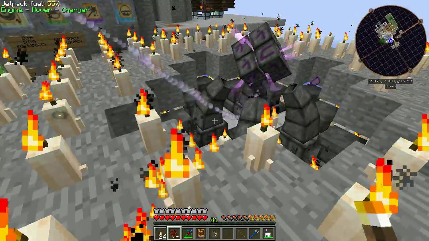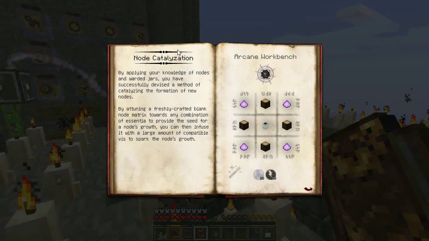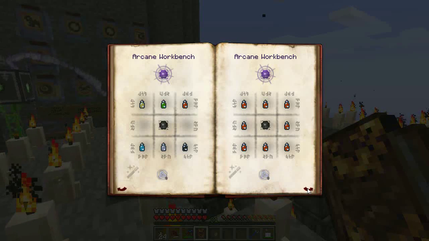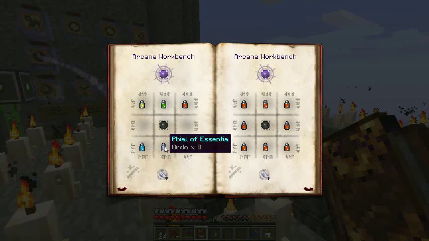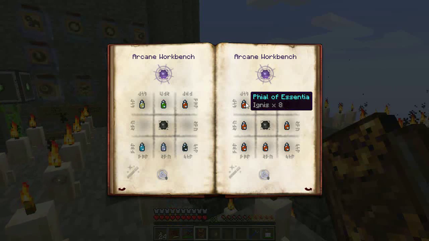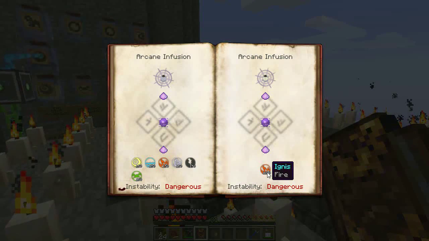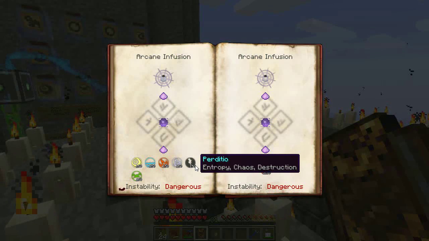a very special item. So under basic information in the Thaumcraft, under node catalyzation, this is how we can create new nodes using node matrix. So I have enchanted and attuned node matrix from that by mixing files of essentias. So it takes one file of each color that you want to make, and I kind of inferred that if you put more than one file, it's going to increase the amount of material that you need by 150 of that particular color. So I decided that I wanted to make a double aspect of air and entropy, because I